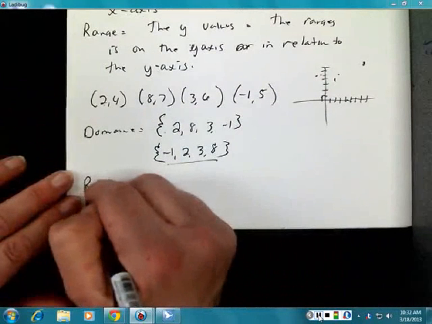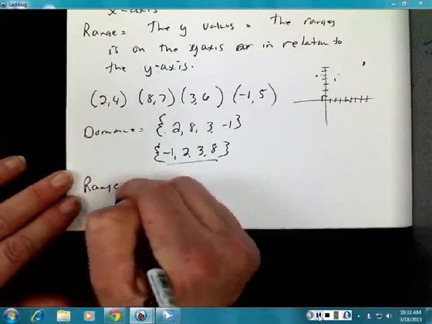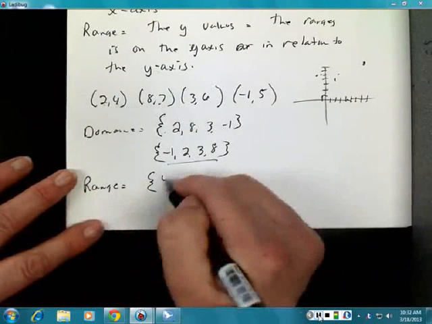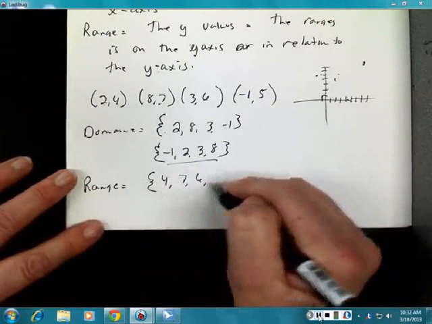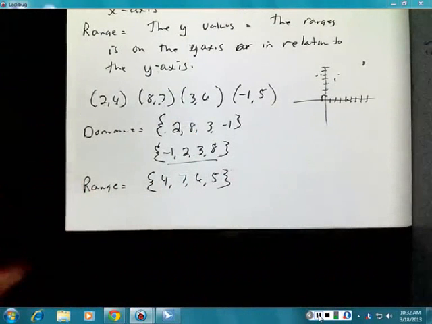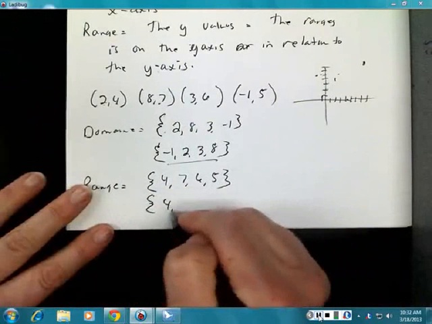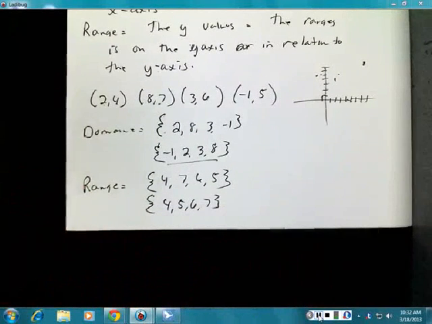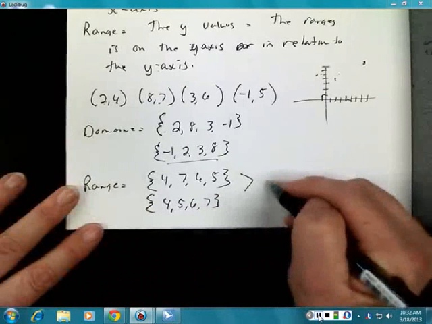What's my range? So your range is going to be all your Y's. So it's 4, 7, 6, and 5. Okay? 4, 5, 6, 7. Yep, and if it's in order, it would be those. Okay? Now, we use set notation